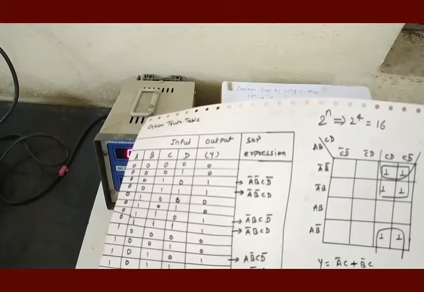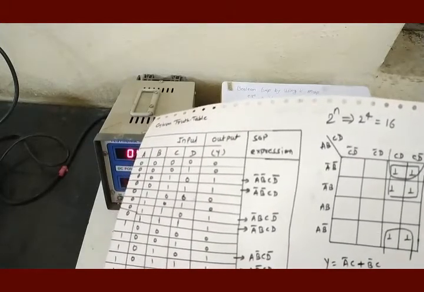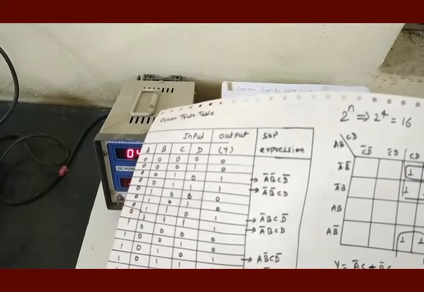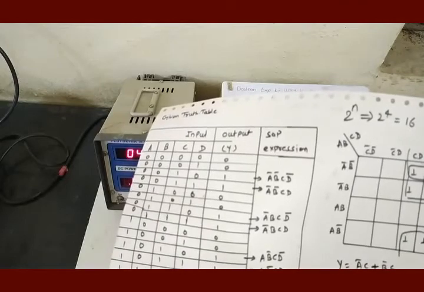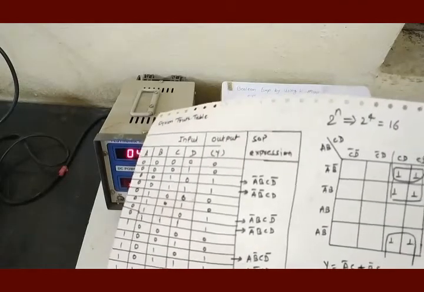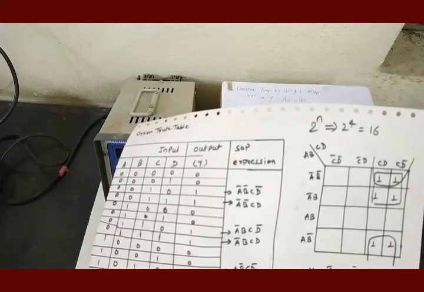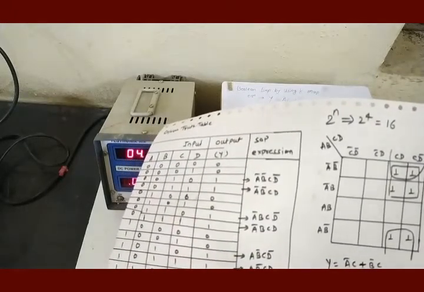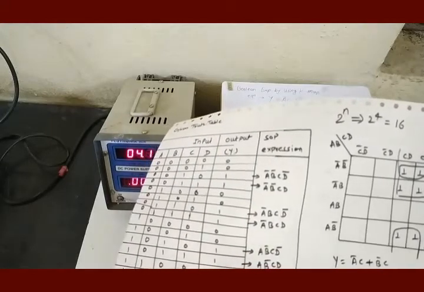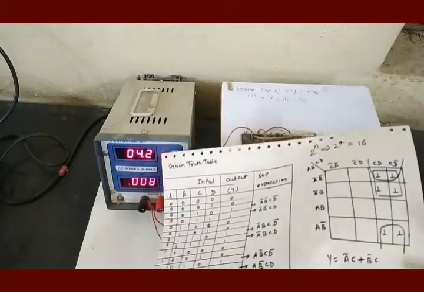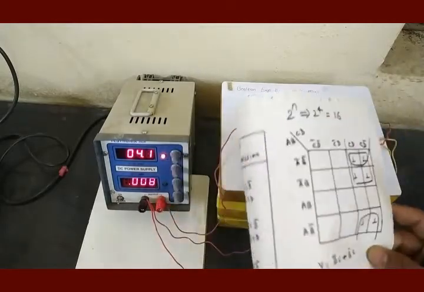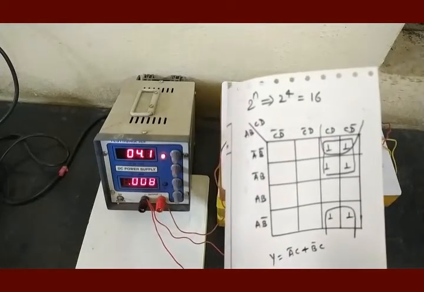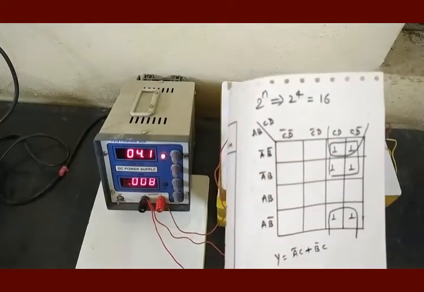Group of 2 ones may be a horizontal group of 2 ones. Group of 2 ones may be a vertical group of 2 ones. These 2 ones should be adjacent to each other. There should not be any gap. There should not be any vacant cell between these 2 ones, which are forming a pair. This pair of ones may be a horizontal pair. This pair of ones may be a vertical pair. Whenever we form a pair on the Karnaugh map, one variable and its complement will go away. It will be deleted automatically.